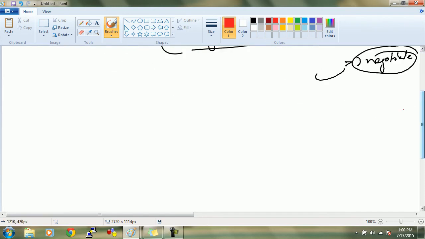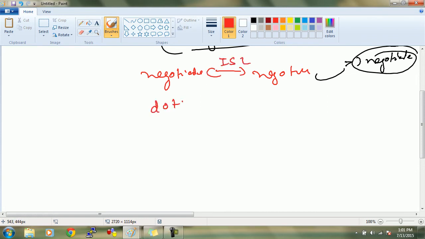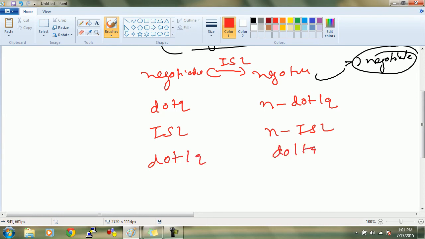Now I am writing here the cases. By default it is negotiate on both the ends. Any problem? And they will by default negotiate. If you are setting dot 1q here, he will negotiate. Agree? If here you are setting ISL, it will negotiate ISL. On both the ends you can also run. Clear? But